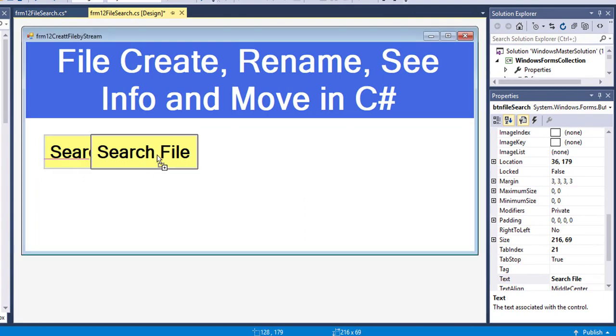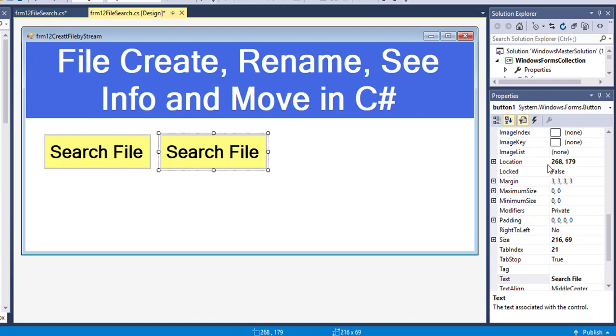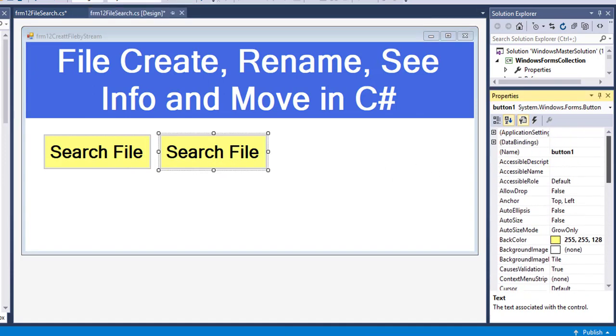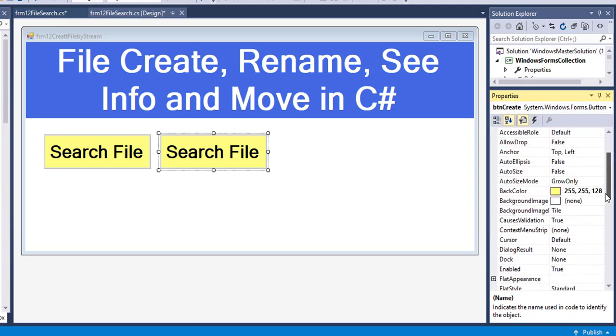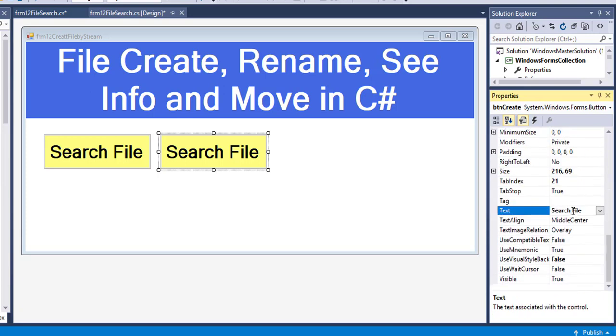For this I am copying this button, changing the button name to btn create file.